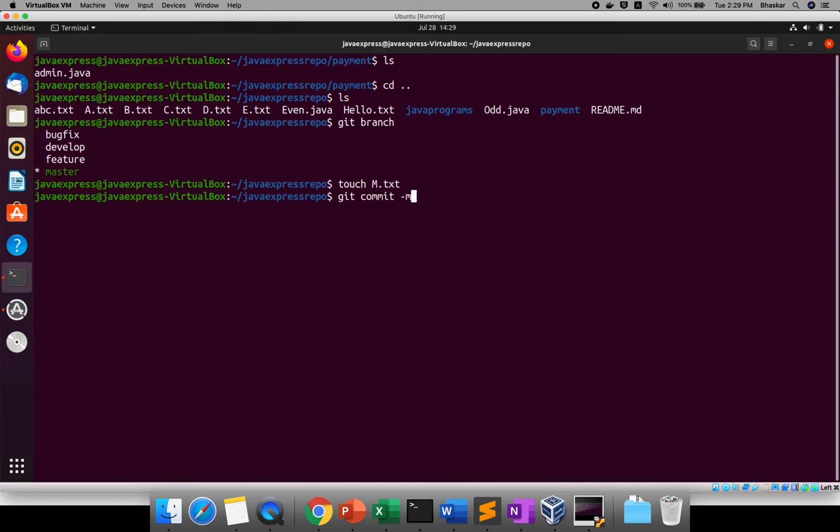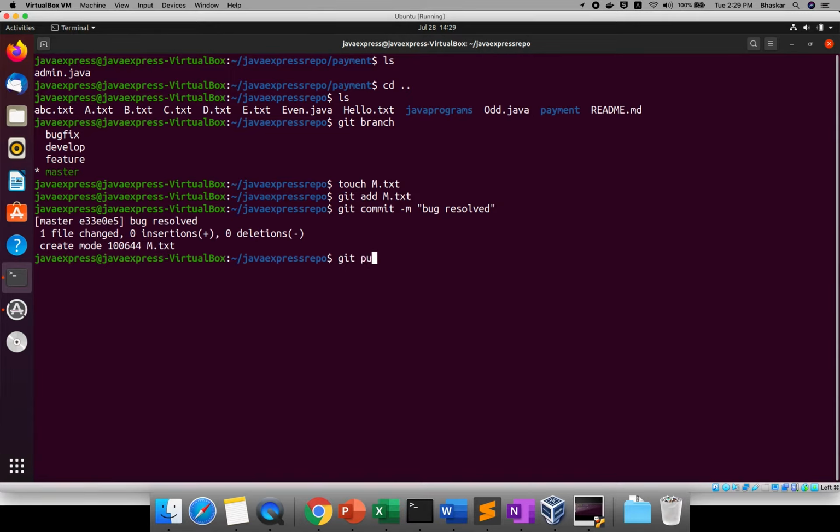There is some bug fix, and I'm giving that bug fix now. Git add m.txt, then git commit -m with a message, bug is resolved.